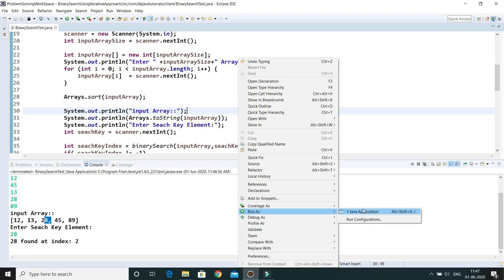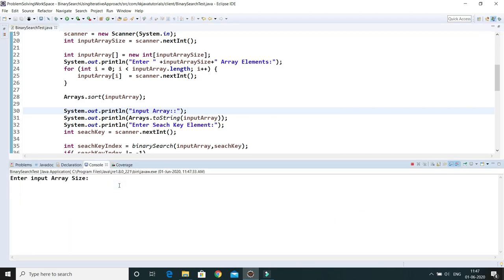Now I'm going to test it again. I'm going to take size, let's say 6, and this time I'm going to put some elements over here. Here you can see the array is in sorted format, and I'm going to search for an element which is not present at all in this input array.